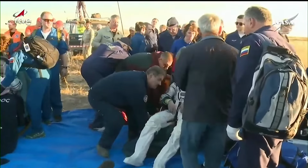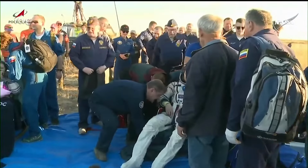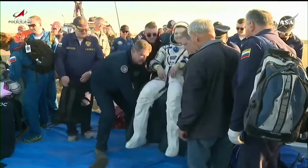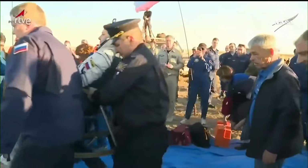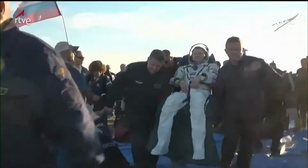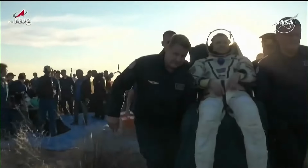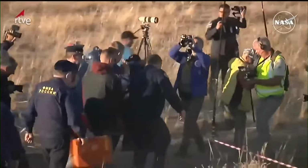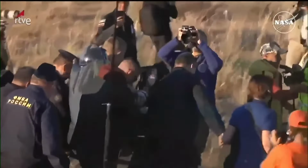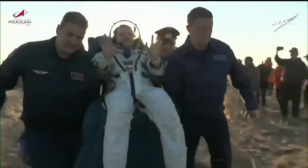in south-central Kazakhstan, the search and recovery teams are about to hoist Oleg Kononenko up and bring him into the nearby medical tent. Oh, you've been hoisted. In short order, Tracy Dyson and Nikolai Chub will follow. The 3 crew members will get out of their Sokol launch and entry suits, get into more comfortable clothing. They'll receive some additional medical testing, which is routine, before they are brought back to 3 helicopters, 1 for each